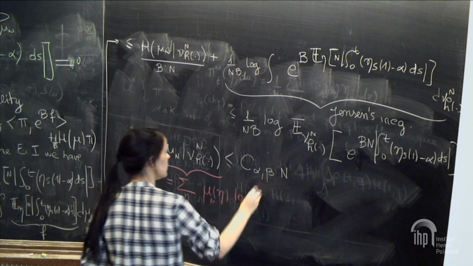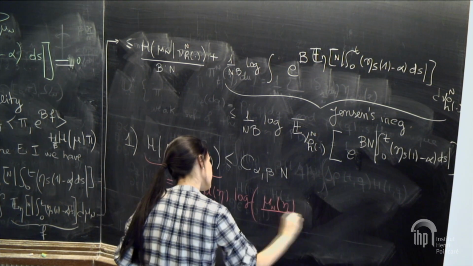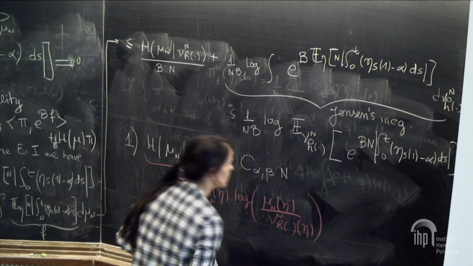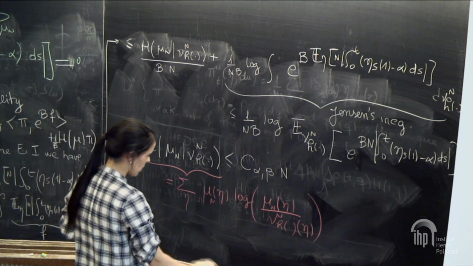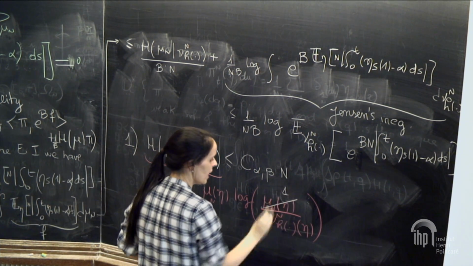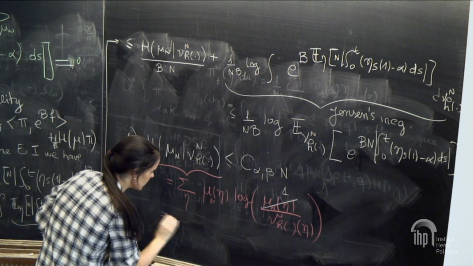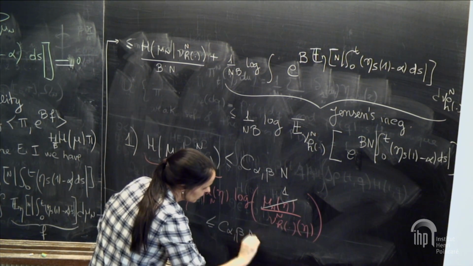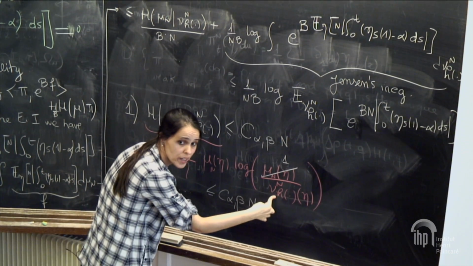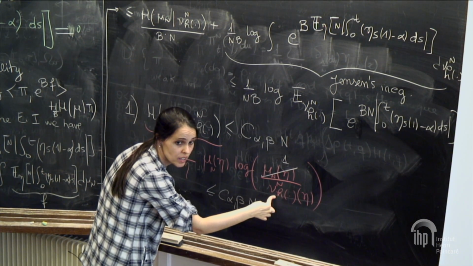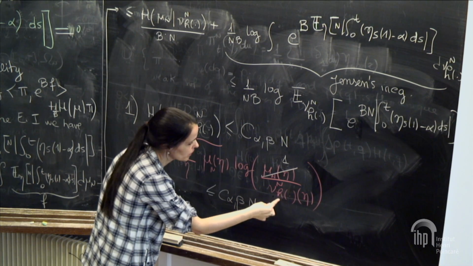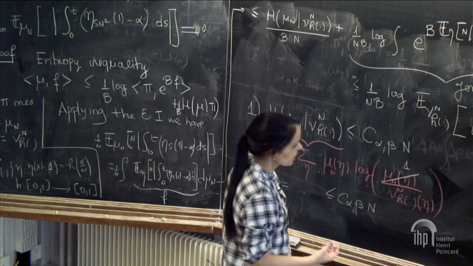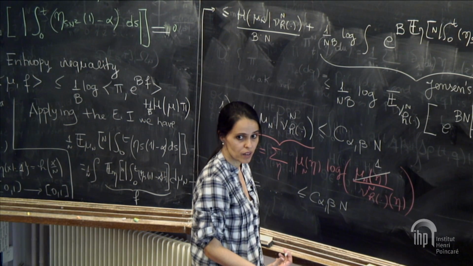So there is a mu n of eta. You bound this guy by 1, so this guy disappears. And then, okay, I leave the rest as an exercise. You conclude this, C alpha beta n, and you use the fact that you know explicitly who is this measure. It's a Bernoulli product measure, which gives weight, this weight here. And you just use the fact, and this is the first restriction that we need to have on the function